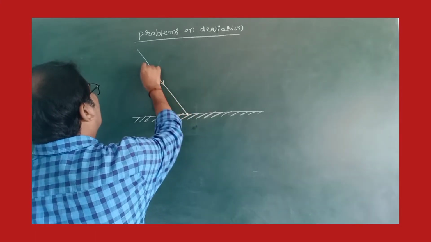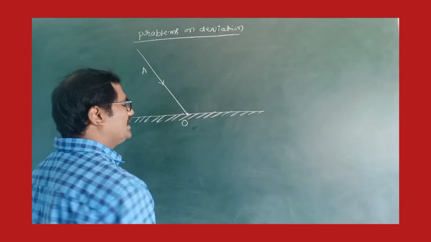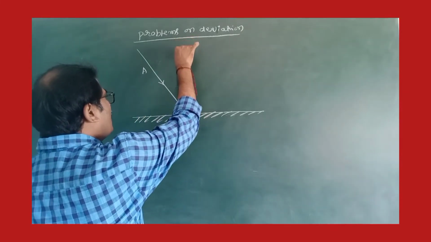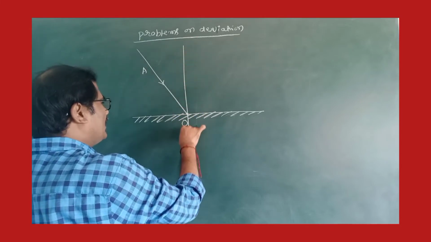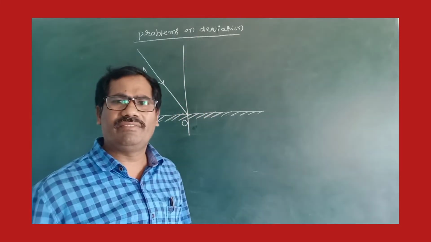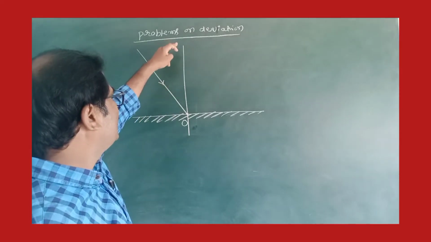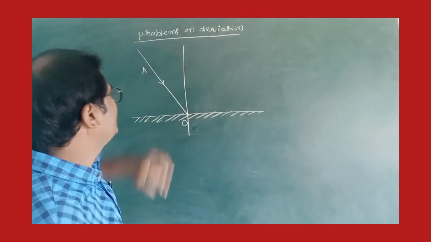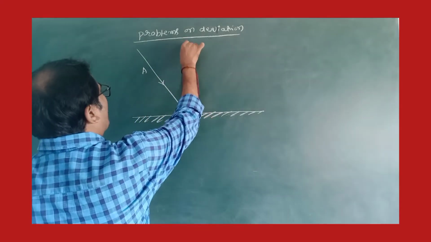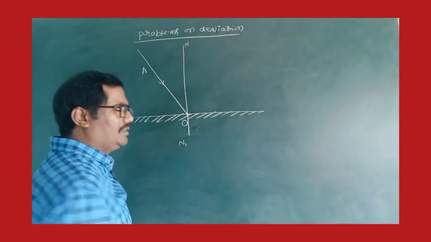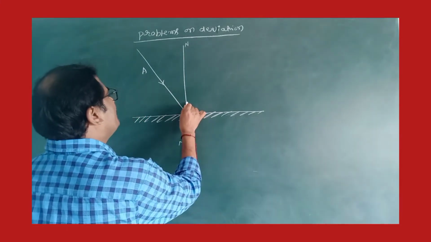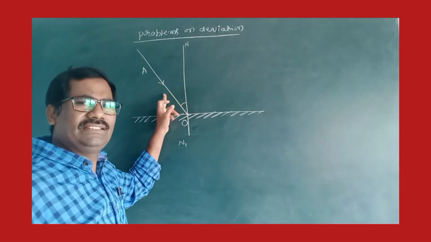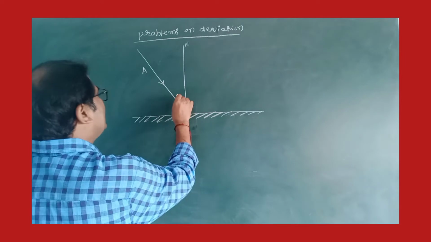AO is the incident ray, and the normal is the perpendicular line drawn to the plane surface. It is the normal ray N1. The angle between the normal and the incident ray is the incident angle,